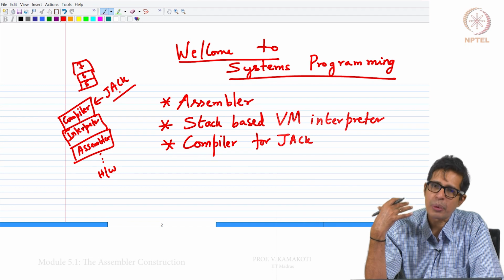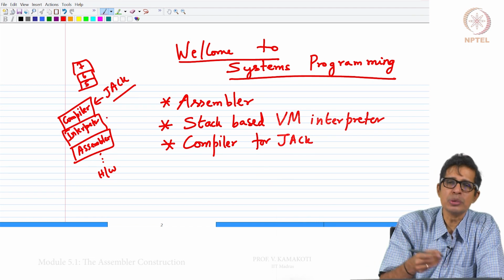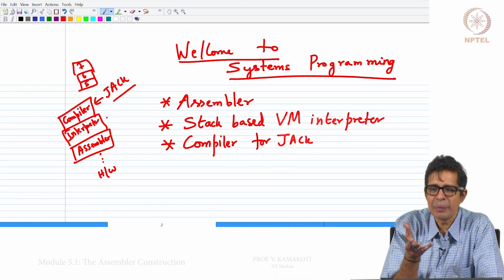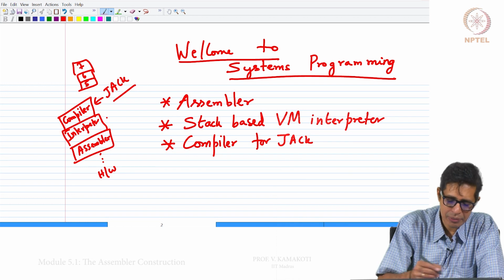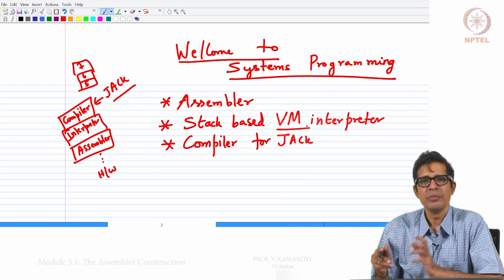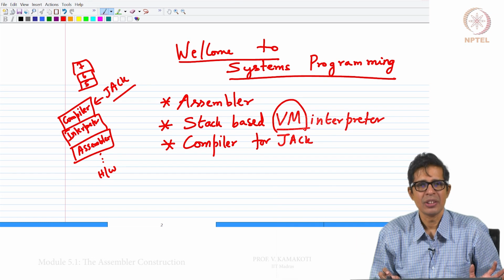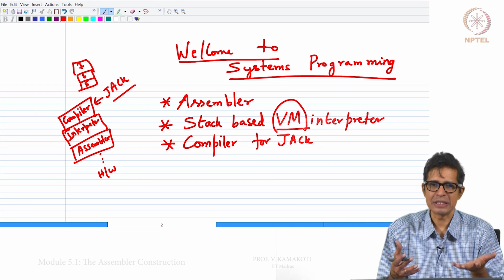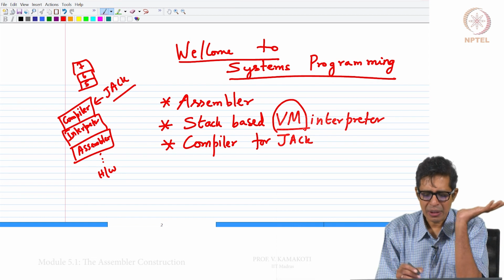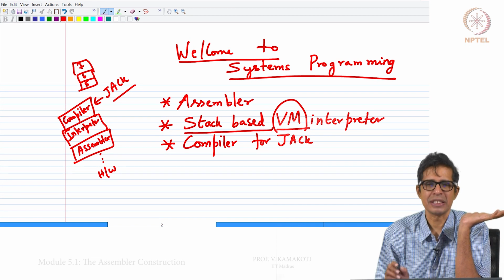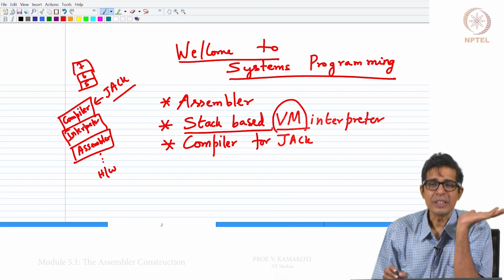So, to make that process simpler, we introduce a soft machine, which is what we call a virtual machine. We introduce what we call a stack based virtual machine. What is a virtual machine?